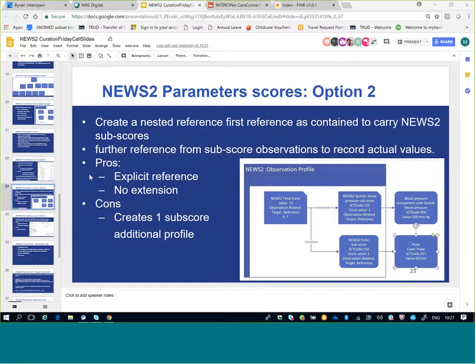So if we swap and have blood pressure, and then it won't be contained, and then a subscore out of it. Because